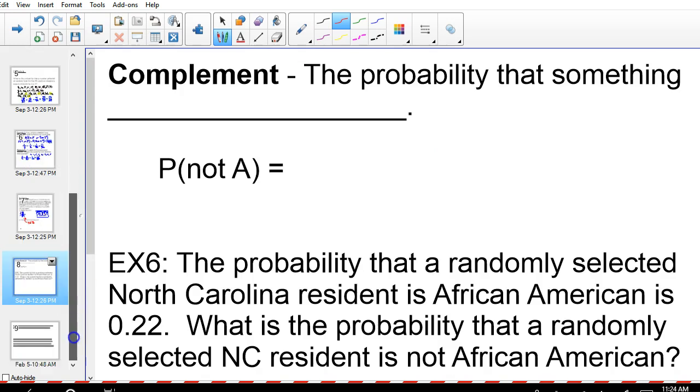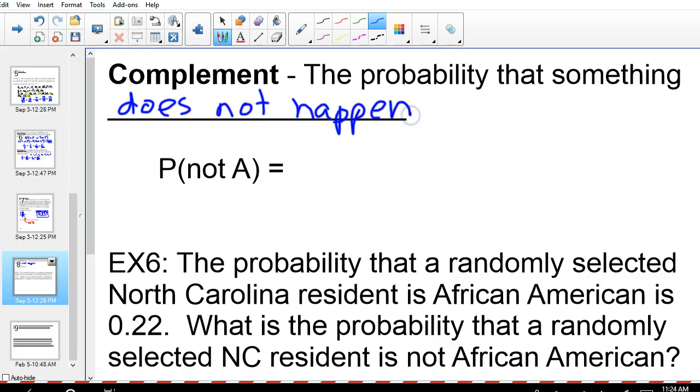All right, complements. What we just did was a complement. A complement is the probability that something does not happen. So we knew there was that 85% chance, well, actually, we kind of did it the other way. We knew that there was a 15% chance they did not take the paper. So there was an 85% chance that they did take the paper. So the probability of not A is 1 minus the probability of A